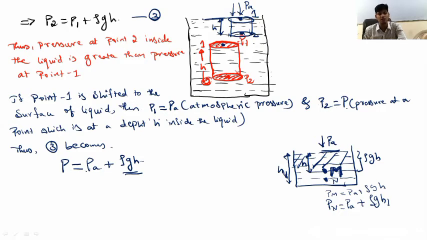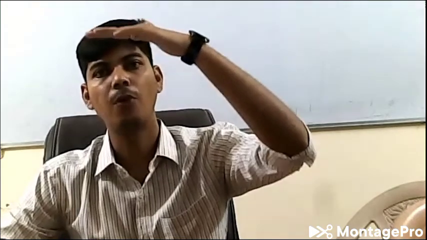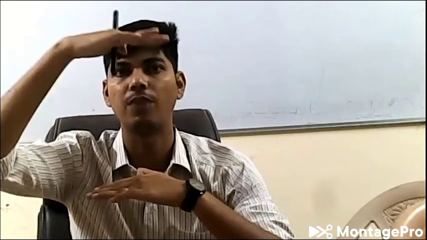So the pressure at any point inside a liquid is the sum of atmospheric pressure and the pressure exerted by the column of height h of the liquid. Rho g h is called the pressure exerted by a column of height h. If you consider a point at a depth h below the surface of the liquid,